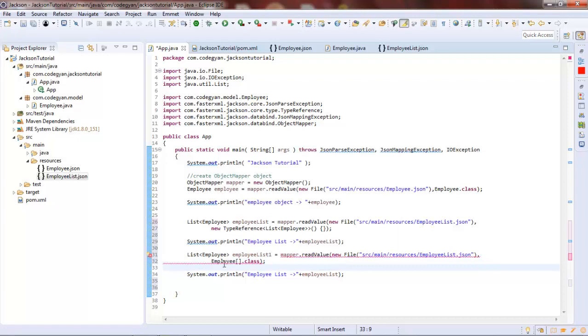Since this is an array, here we will get an employee array.